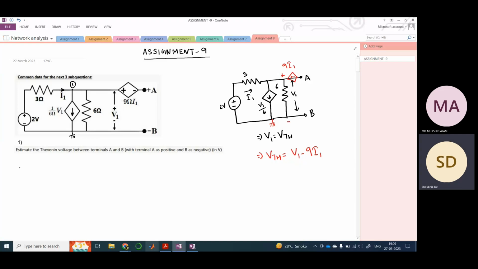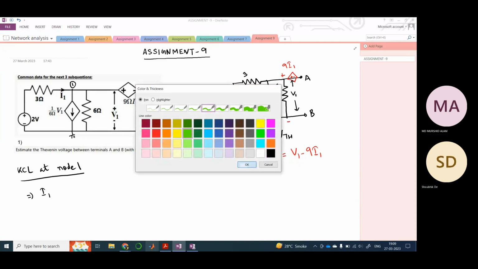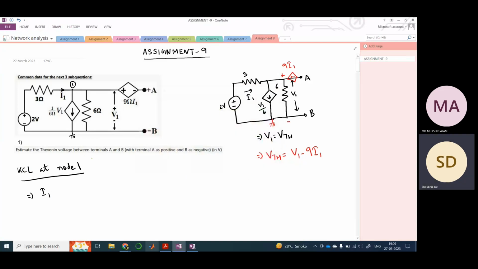So what would be KCL at node 1? Here this I1 is flowing, and let me just use another pen here. So let us say,